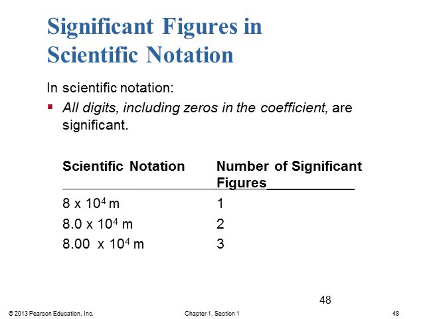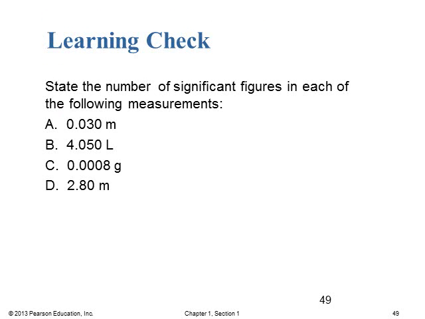So they are 3 significant figures in that scenario. Alright, so quick learning check is determining the number of significant figures in each of these values or measurements. So, 0.030. So those digits before the non-zero digit are not going to be significant.